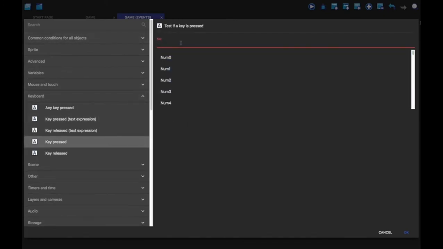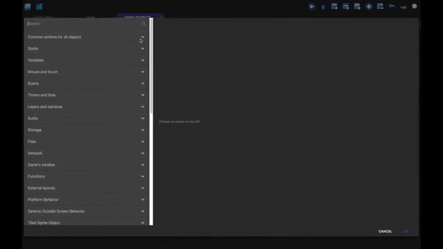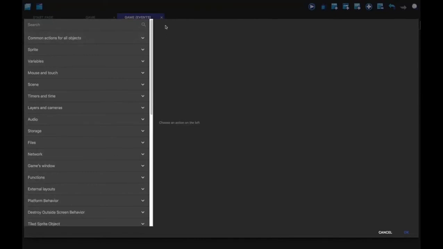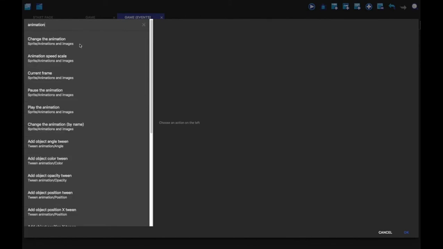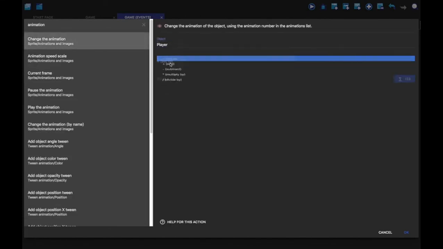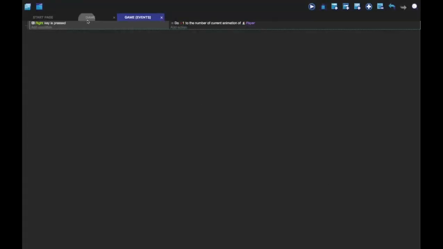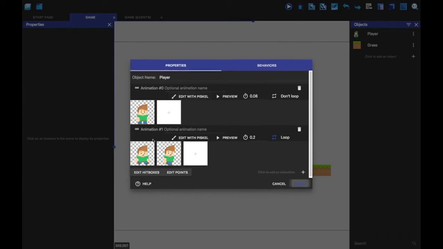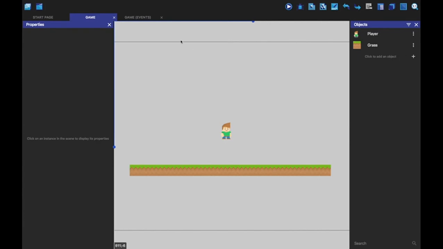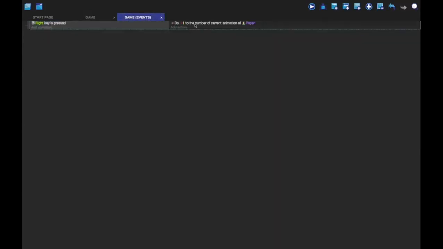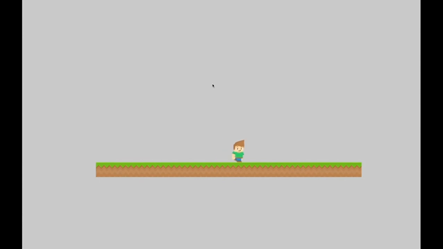To add the platform character behavior to the object, right click the player object, then select edit object, then switch to the behavior tab, then click add a behavior to the object, then select platform character and click apply. If you preview the game, you can control the player with the arrow keys. There is a side effect though: an object with the platform character behavior is affected by gravity, so in this case the playable character quickly falls out of the frame.